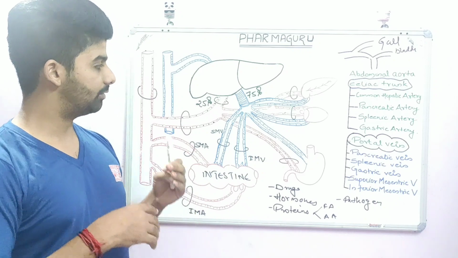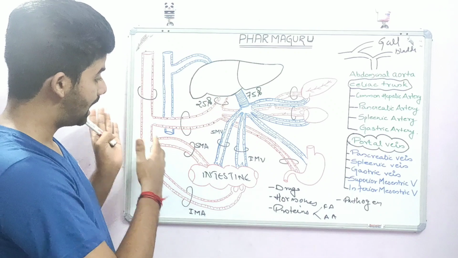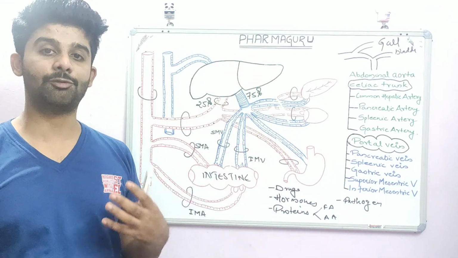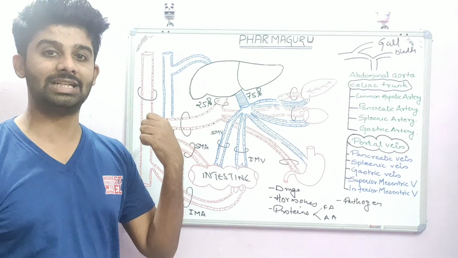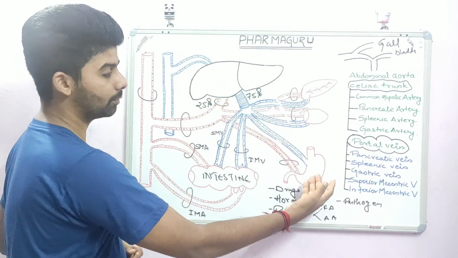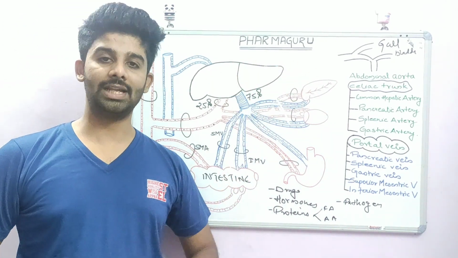So that's all that you should be knowing about the circulation to the liver. That is the aortic circulation to the liver, the hepatic artery, and the portal circulation to the liver, and that is the route by which different drugs and different toxic metabolites, bacteria, infectious agents enter the liver from the intestine, from the GIT, from the spleen or the pancreas. So that's all about this class.